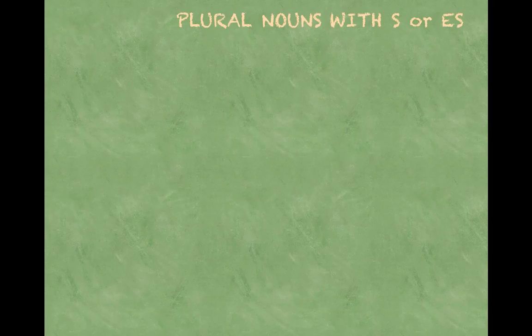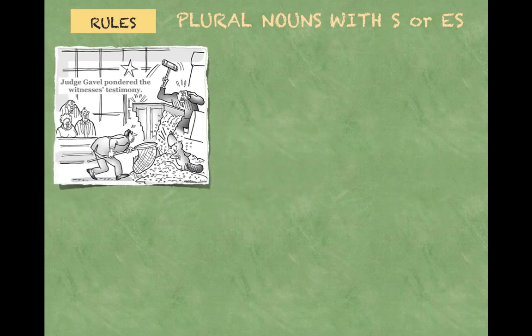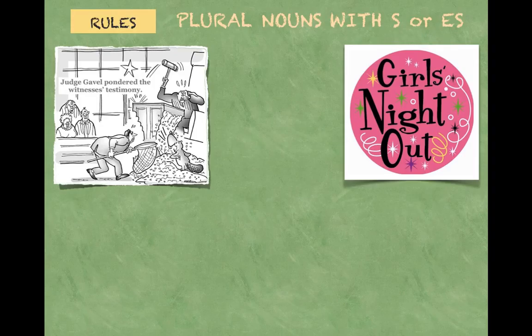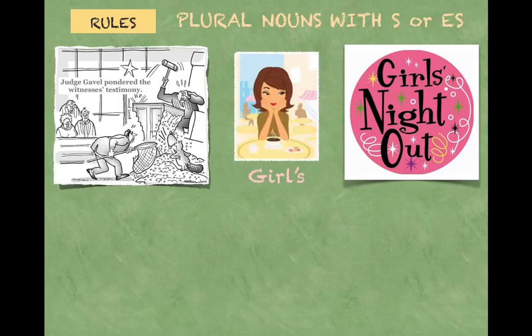Plural nouns that end in S or ES have their own set of rules. Fortunately, these are universal. To show plural possession, put an apostrophe after the S. Simple as that. Judge Gavel pondered the witness's testimony. Friday is girls' night out. If you wrote girl plus apostrophe S, it would mean only one girl, and going out is way more fun